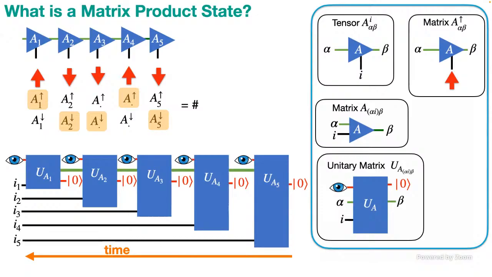This is a 3 tensor. It has alpha, beta, and I. And I'm just going to do a numpy dot reshape. I'm just going to make it a matrix by dragging the I over to this side. Now this is no longer a 3 tensor. It is now a matrix where one of the indexes is alpha I and the other index is beta. Okay. And now all I'm going to do is promote this tensor, which is a matrix, could be rectangular, into a unitary matrix.